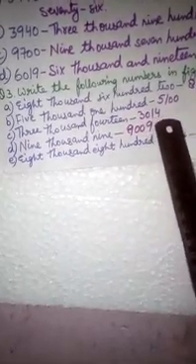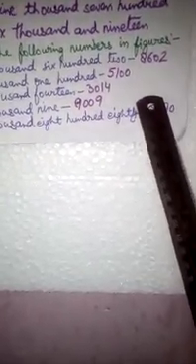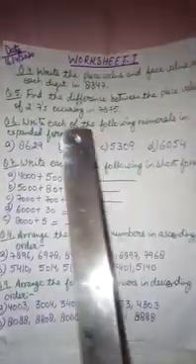Second is 5100. Third is 3014. You can do all these sums in the same way as I told you the first one. Then D, 9009. E, 8880. So in this also we will write first 8000, then 800, then 80, and then add them all. Then we will get 8880. Now there is a worksheet for you.